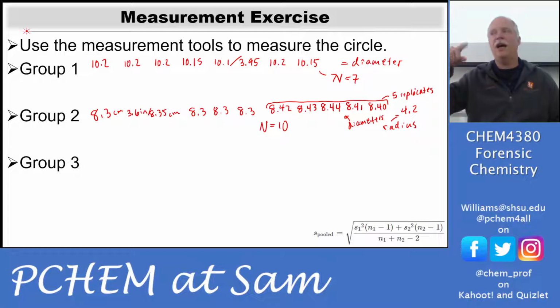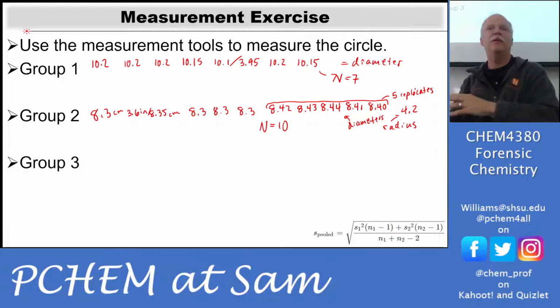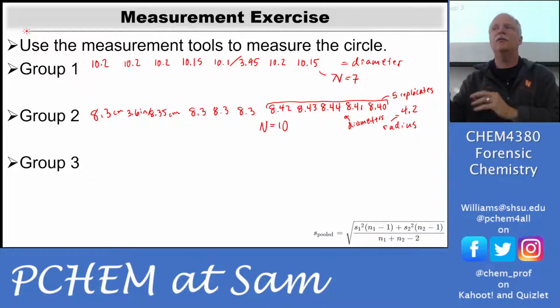So you're just seeing how the actual GC signal varies, whereas with a duplicate, you're actually seeing how your whole procedure varies. So you're capturing different parts of the uncertainty. Replicates give you some information; they're more focused on the instrument. And duplicates give you information about your procedure. Yeah.